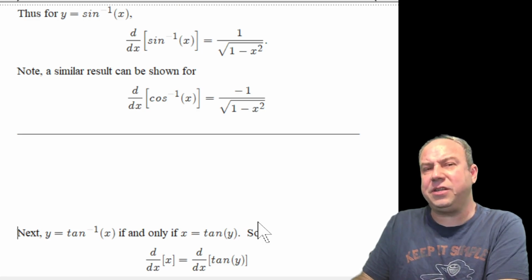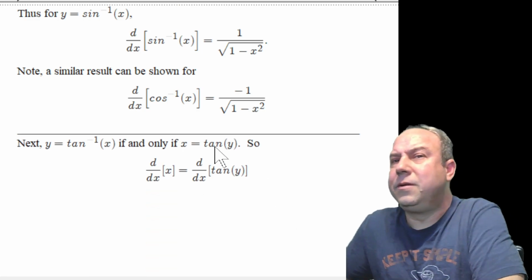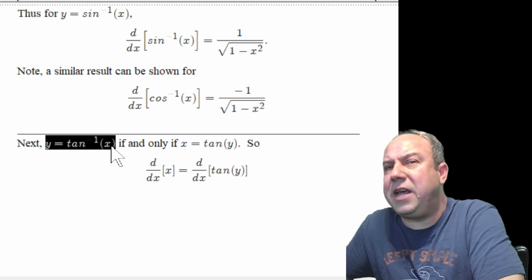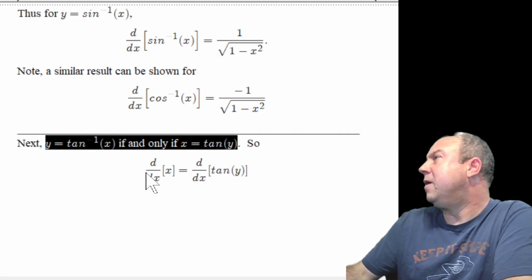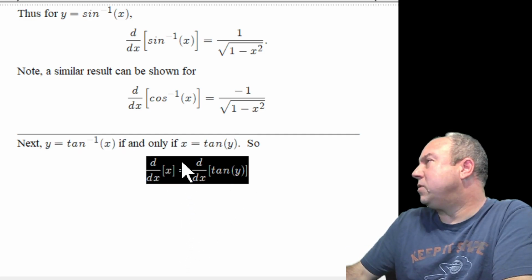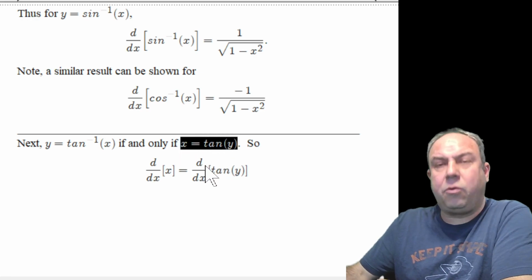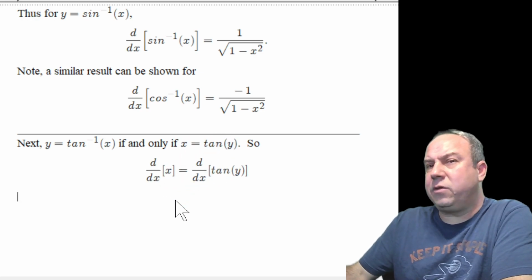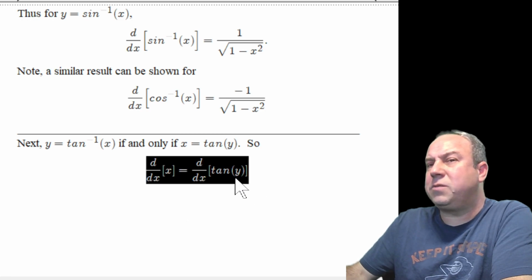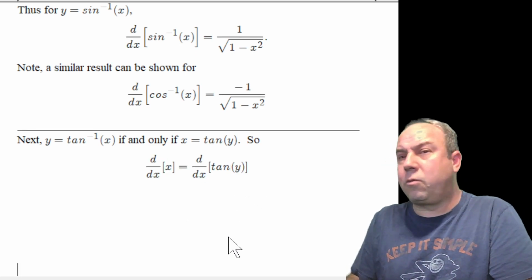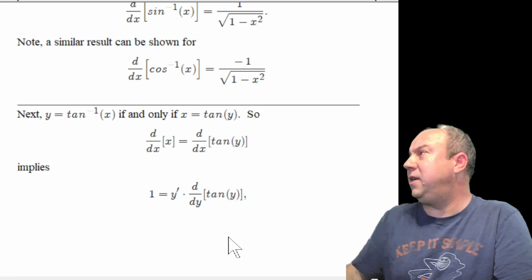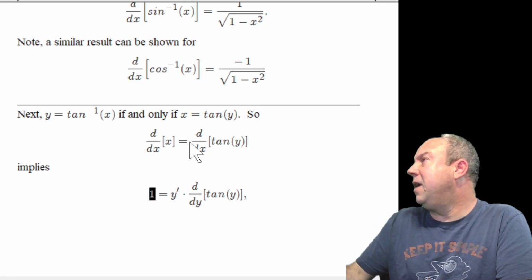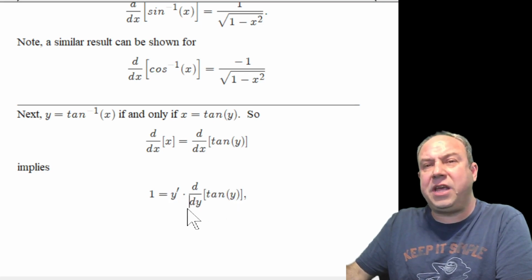If we look at the tangent inverse next, right, what we can say about y equals the tangent inverse of x is that's true if and only if x equals the tangent of y. So if we apply the derivative operator to both sides of that statement where x equals the tangent of y, we end up with the derivative with respect to x on the left and the derivative with respect to x for the tangent of y on the right, where we're able to simplify the derivative on the left to be the value of 1, as we see in this next step. And this derivative on the right becomes y prime times the derivative with respect to y for the tangent of y,